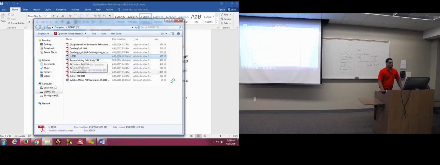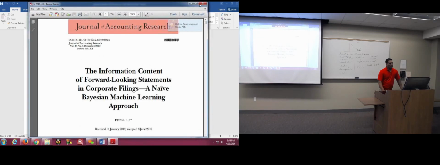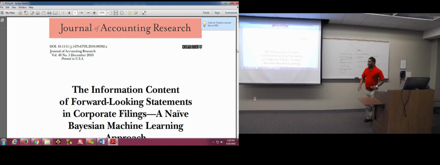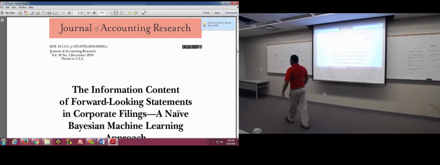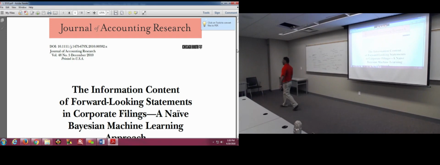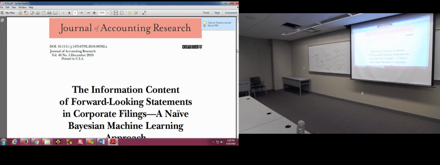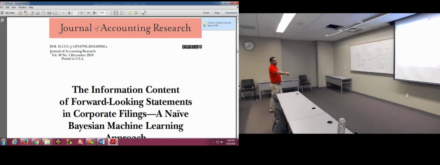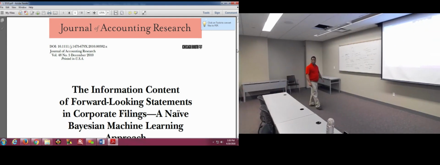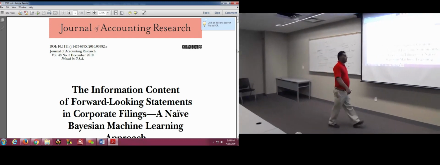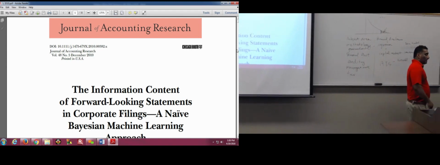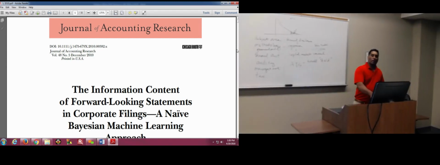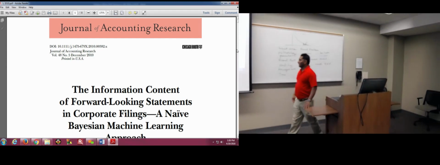Now, a couple of things to note about that. The most important, of course, is that this is published in the leading accounting journal. It also uses technology, naive Bayesian machine learning. So now I may ask you, how is that possible? Because no doubt you heard that it is very difficult to publish AIS research in leading journals. Now, in fact, that is not strictly true, as I will show you.